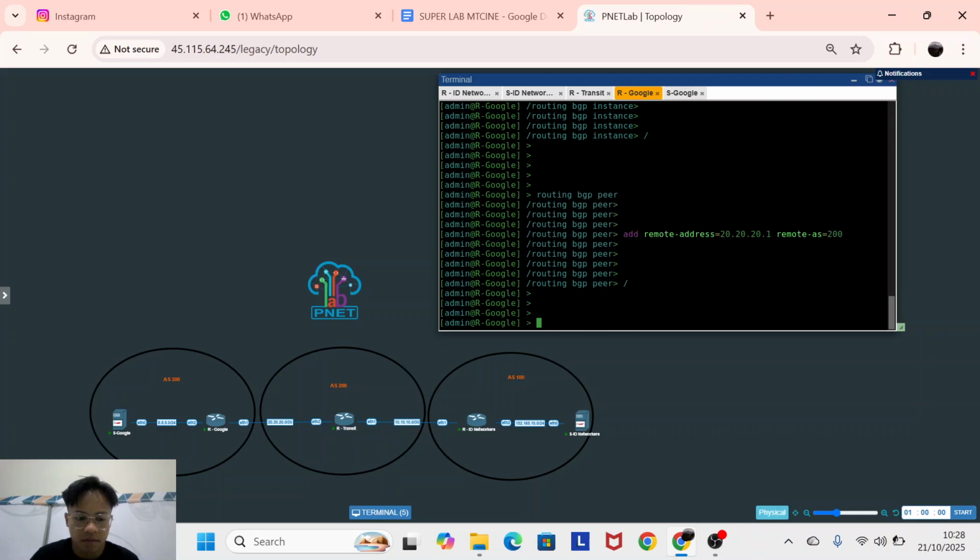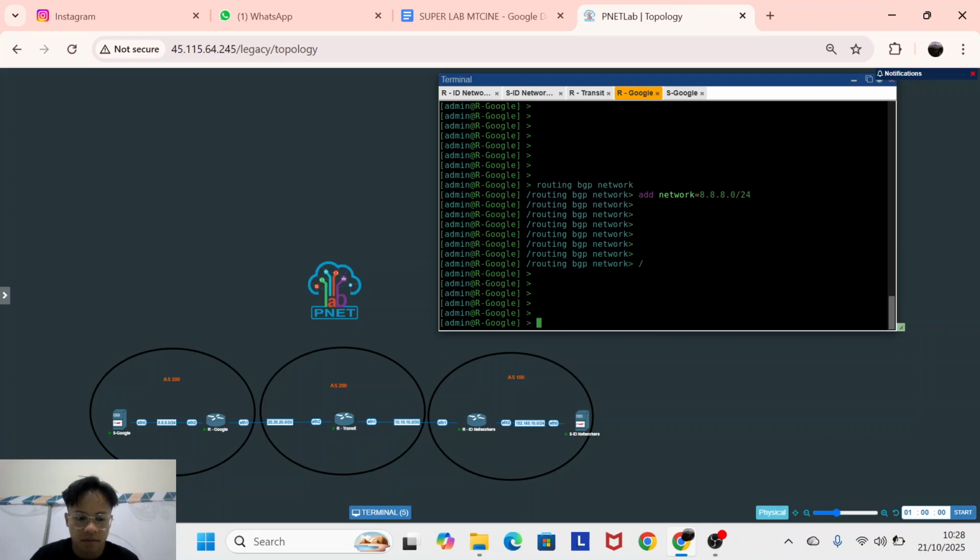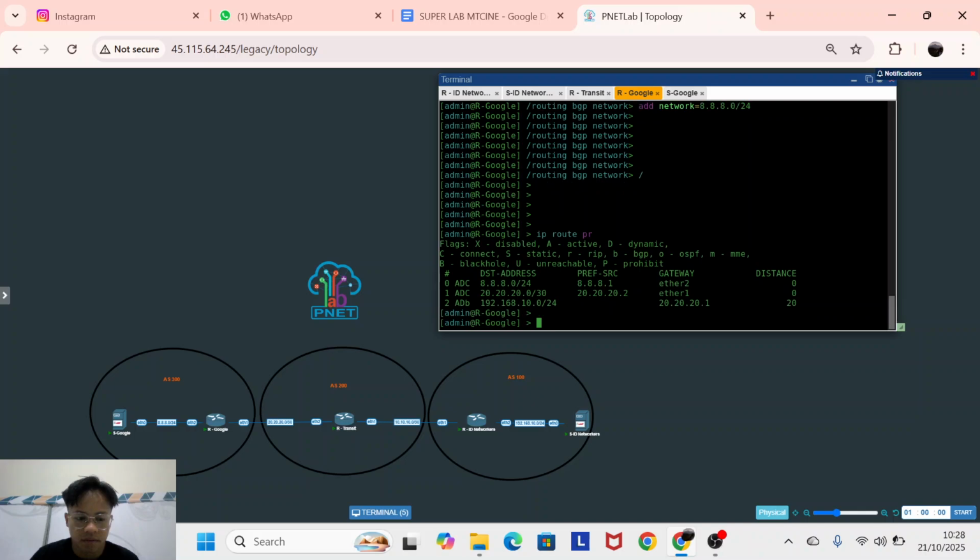And because Google has a local server, you can add your local routing BGP network, add network. Your network is 8.8.8.0/24, like this. We try to print it. Okay, look, there is number 2.